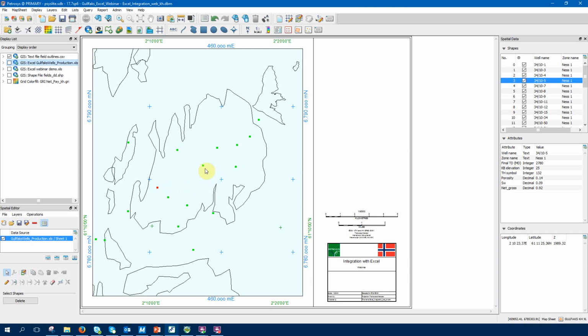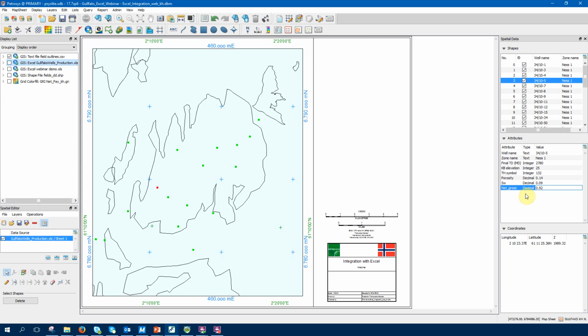And when I click on the points here, you see that it lists all attributes within the spreadsheet and the values for this point. I can go and change this value here manually, but I'm not going to do it just now. What I would like to do is create an extra attribute, so create an extra column within this spreadsheet for